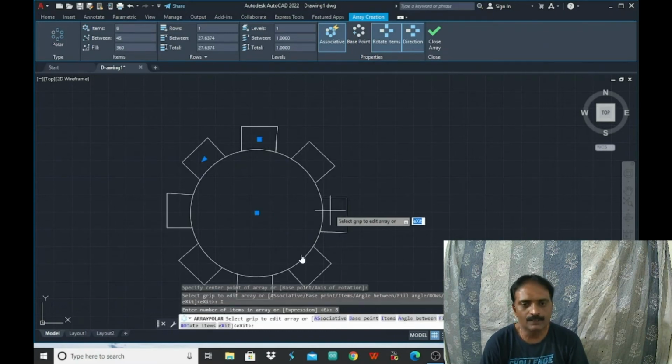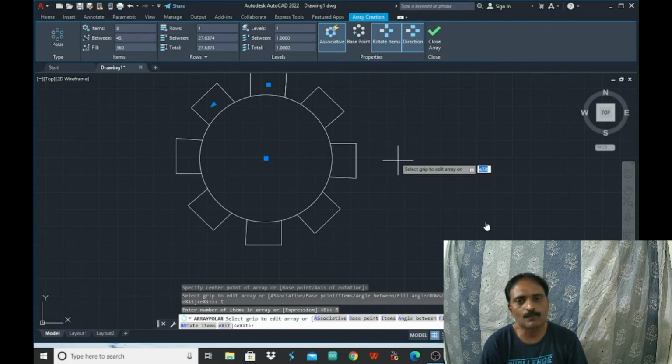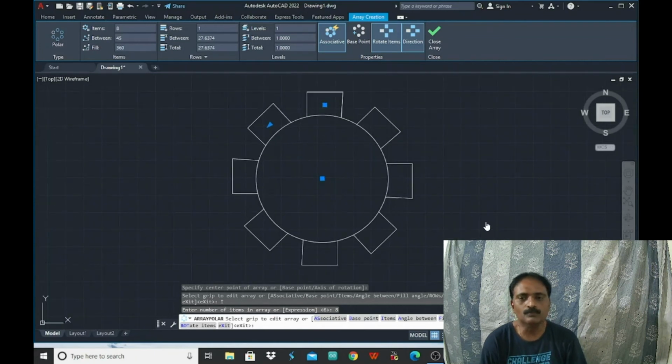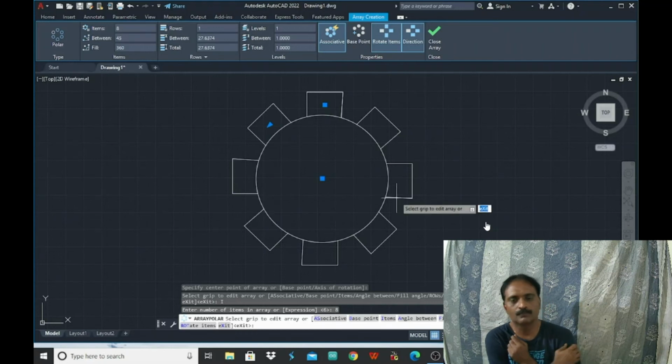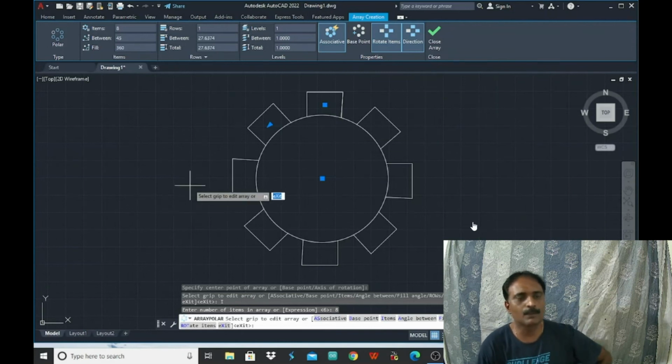The default is 6, and you can go for as many as 8. Here I have considered 8 with respect to this particular center point. So this shape is going to be selected. We have got 8, 1 2 3 4 5 6 7 8. Like that you can have as many objects as you want. So these are the important commands that we are going to use for modifying the drawings.